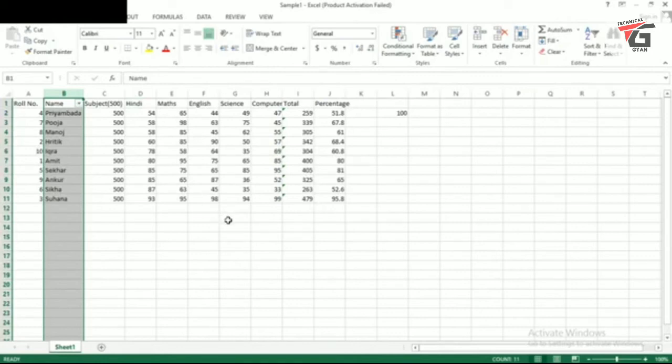So today we have learned, just till now, how we can enter the data, how we can calculate total marks using any function, and how we can create our own formula to calculate the percentage. Then cell referencing: there are three types of cell referencing: relative, mixed, and absolute cell referencing.